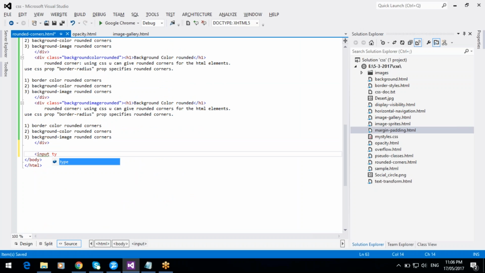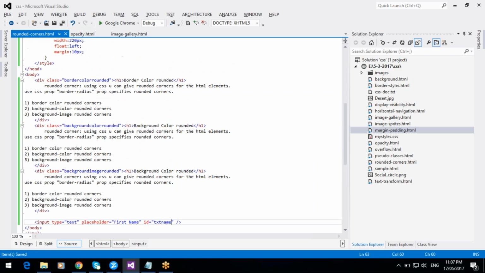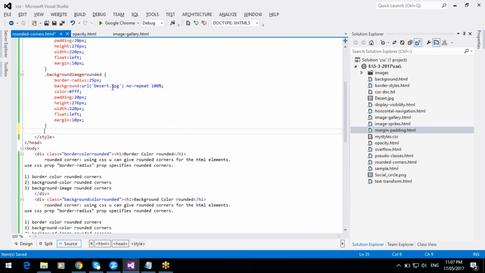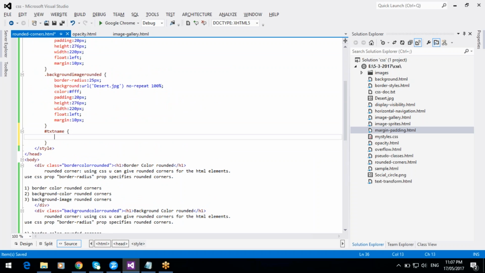Input type equal to text box. Okay, and the placeholder first name. Okay, and ID is txt name, class txt name. Hash txt name, border radius 15 pixels,